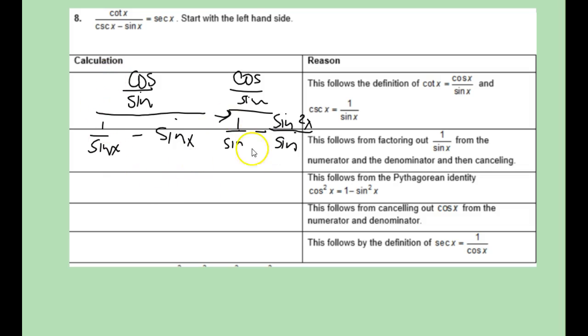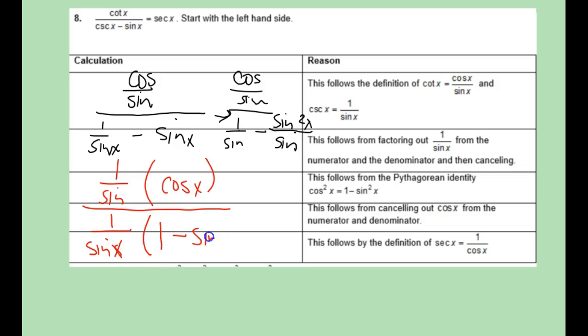So now I have these in a form where I can factor out that 1 over sine x. So now I'm going to go and factor that out. So in my numerator, I'm left with cosine x. And in my denominator, once I factor out that 1 over sine x, I'm left with 1 minus sine squared x. So now that I'm here, I've factored out my 1 over sine x, and then I can cancel those out. So I'm left with cosine x divided by 1 minus sine x squared, and that leads me into